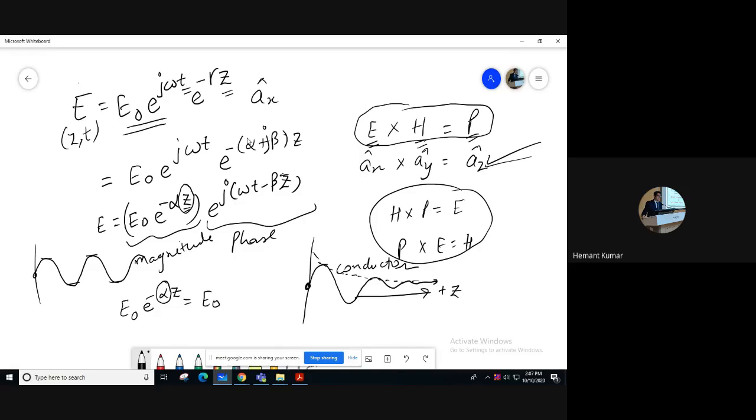So there is one quantity that is known as skin depth. Skin depth is denoted by delta, and it is given by 1 upon alpha. Skin depth is the distance covered by the EM wave in the medium when the electric field magnitude reduces to